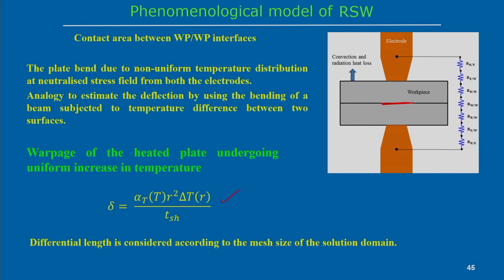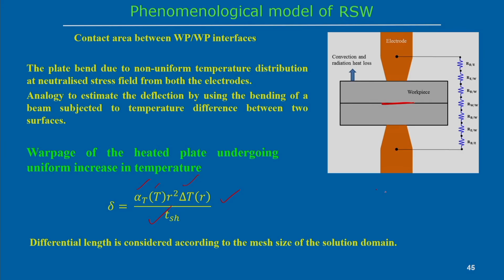Delta can also be estimated at the different meshes, because alpha is, I think, the expansion coefficient as a function of temperature, radial distance r, delta T is the temperature gradient also as a function of r, because at different radial distances the temperature gradients are different, and T is the sheet thickness. So, all the information is available, and we can calculate delta as a function of temperature. Some sort of temperature data is required to estimate the delta. This is a simple approach we can follow. What may be the deflection of the beam? It was observed that with the application of the load, during this process the plate can also be deflected, something like that.